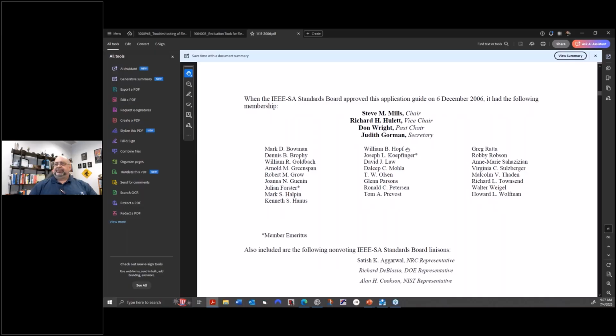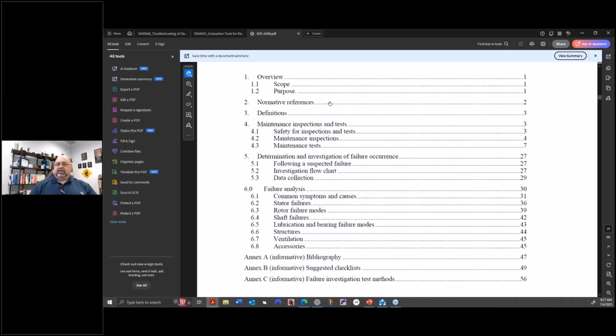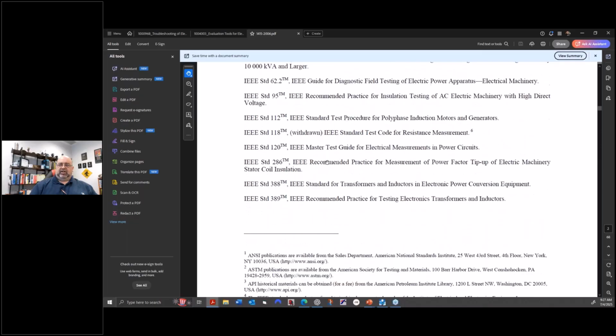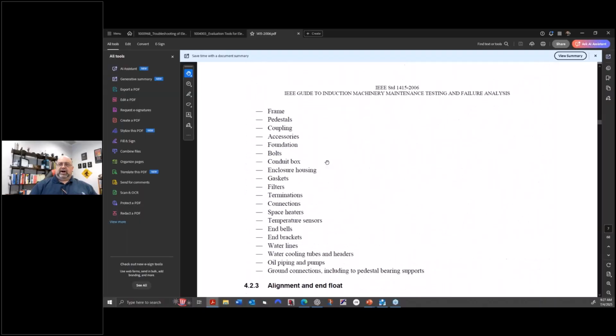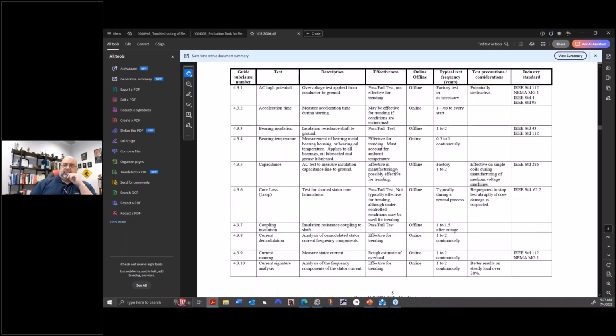But in any case, the purpose of this standard was supposed to be this last part here, how to perform a failure analysis. And what it ended up with was this first part here, which was 4, which is basically everybody's technologies. So everybody who hadn't been mentioned in technologies was suddenly mentioned in technologies. So it became a dumping ground. So some complaints came in primarily from competitors that were in the list. So in here, if you look, you'll have surge testing, and you're going to have PDMA, and you're going to have all these other